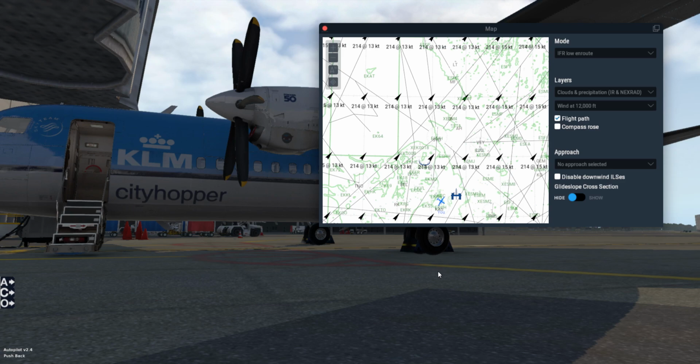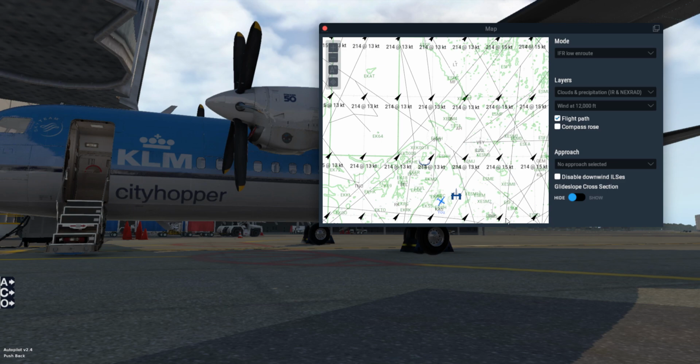Because that's the old method of navigating. So then we could actually fly from VOR station to VOR station if we would like to do so. And for this flight